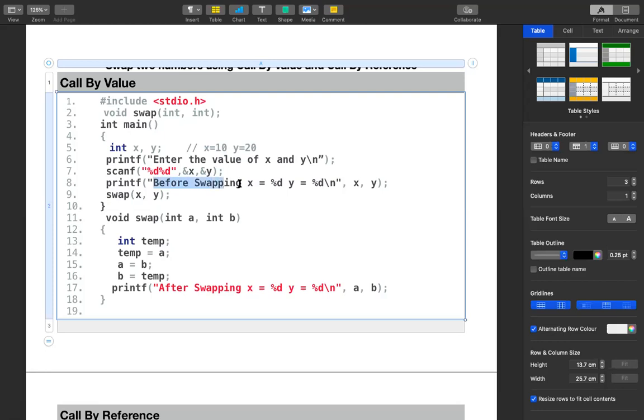So what happens before swapping? Before swapping, x value is 10 and y value is 20. Okay, so it prints before swapping. Now we are going to call the function which is going to swap the numbers. If it swaps, x should contain 20 and y should contain 10. So swap of x comma y, we are calling this function